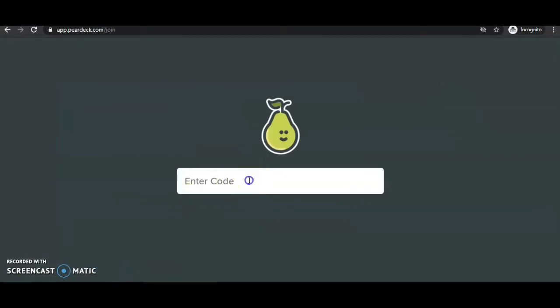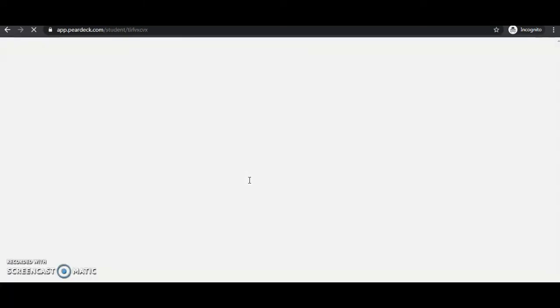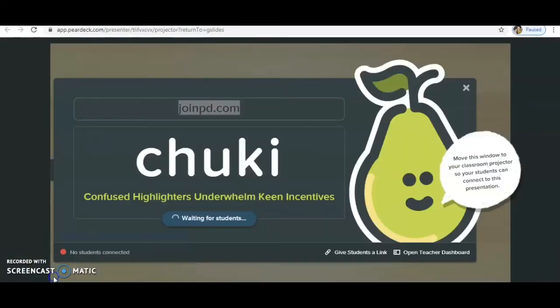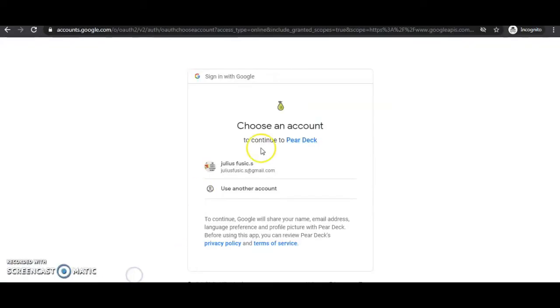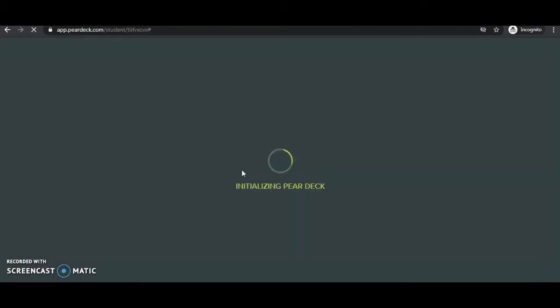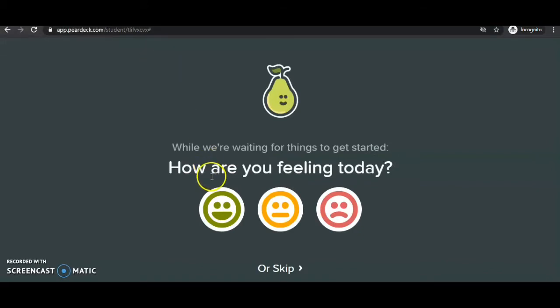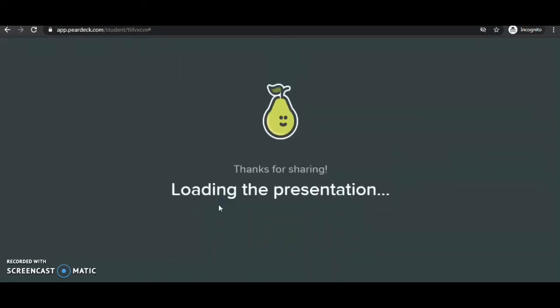Whenever it asks, you just enter. In another mail ID I added a student. It has to wait for the students to be connected. Once the student is connected, I select the mail ID. Okay, now the student enrollment has happened.